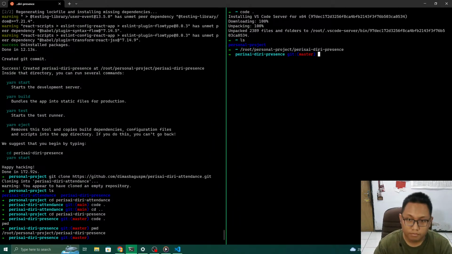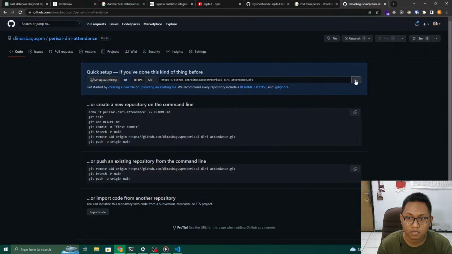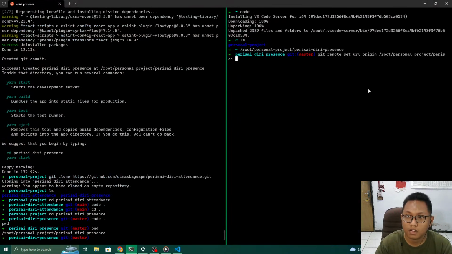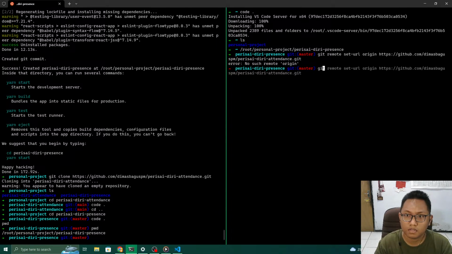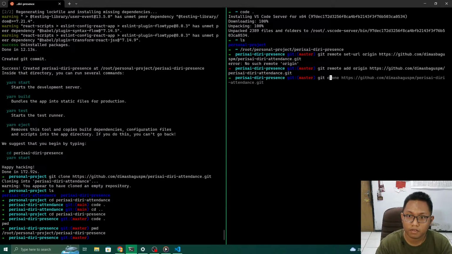Then git remote set-url origin. Cool. Checkout